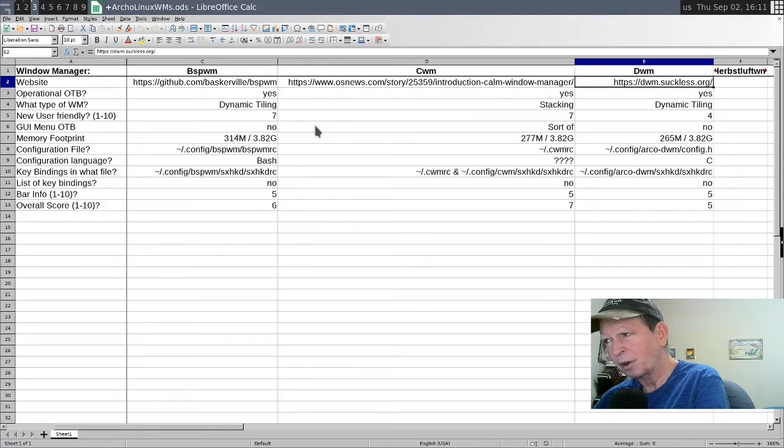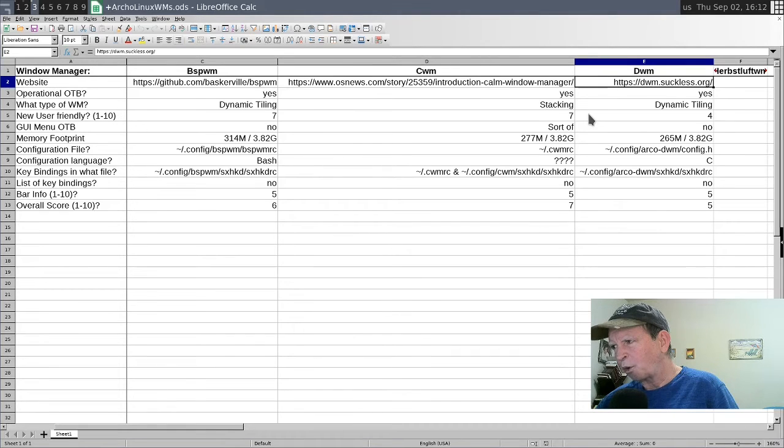Like CWM was a stacking window manager, so it had a different format for everything. But this is dynamic tiling, that's DWM, Dynamic Window Manager, and it operates on